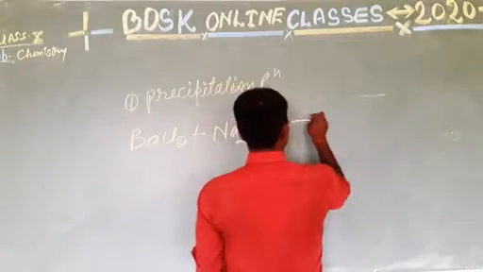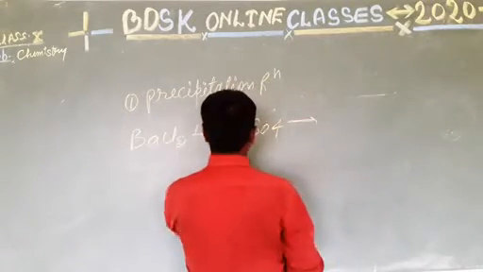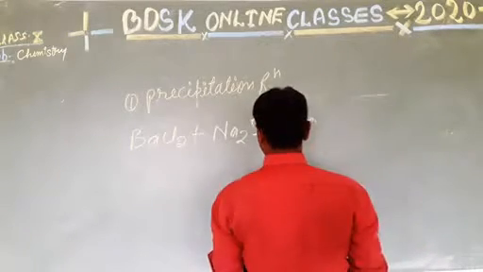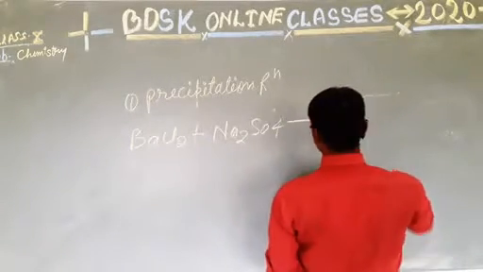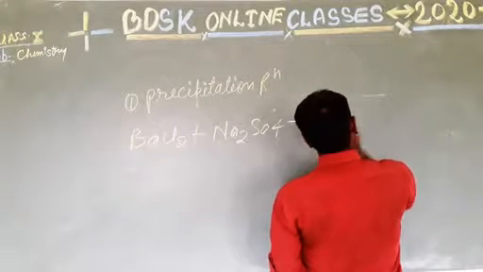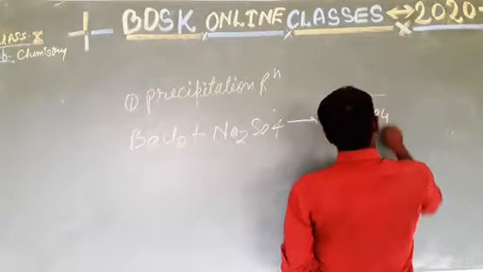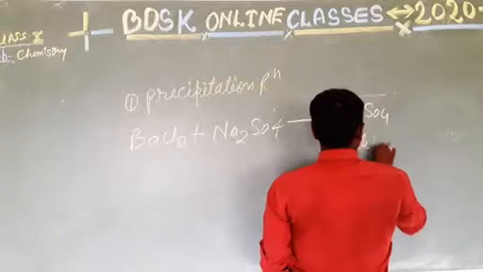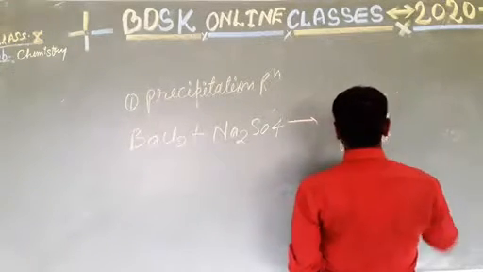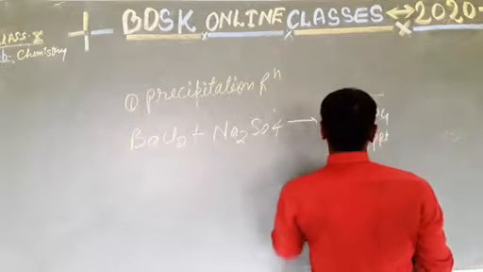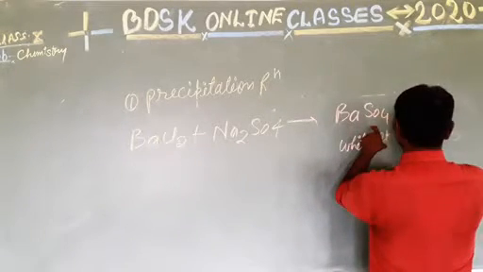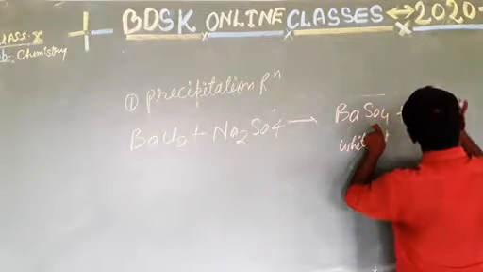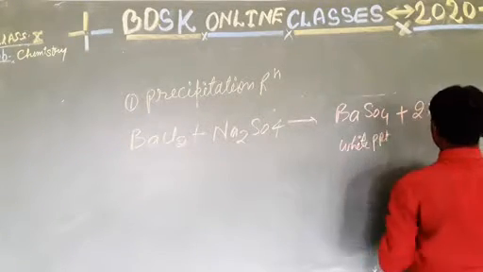Dear students, when barium chloride reacts with sodium sulfate, formation of a white precipitate of barium sulfate takes place along with sodium chloride. Okay,